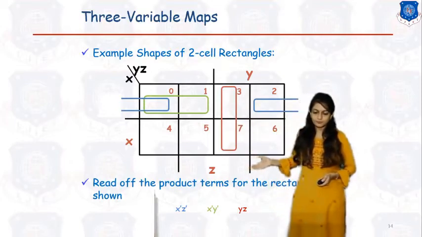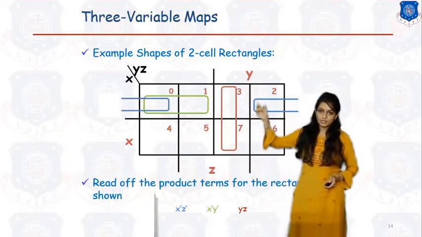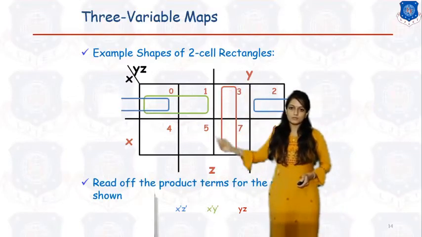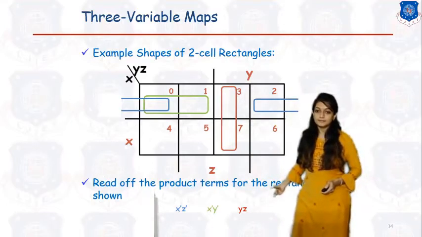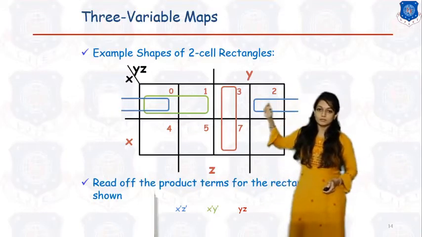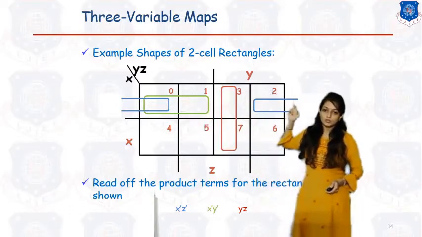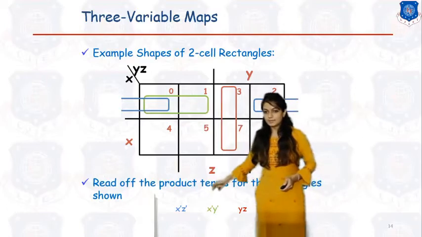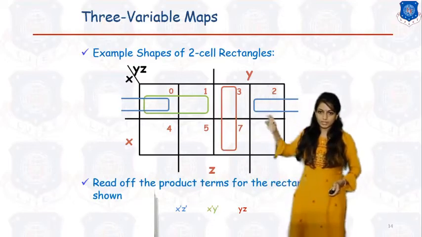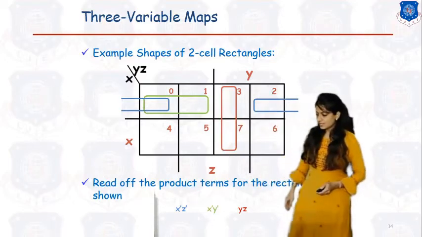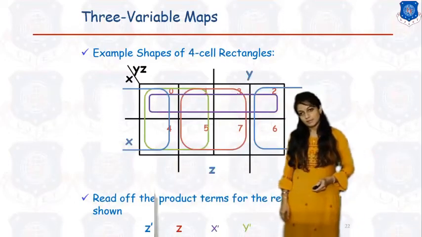The group is already given, right? So we need to identify what is the common term. Over here, the red box represents the common term. Common term is YZ. Blue one, the minterm 0 and minterm 2, M0 and M2. Blue one, that is you will get X bar, Z bar. The green one, M0, M1, what is common? X bar and vertically Y bar. Okay, this is how we can reduce the Boolean function with the help of three variable K map.